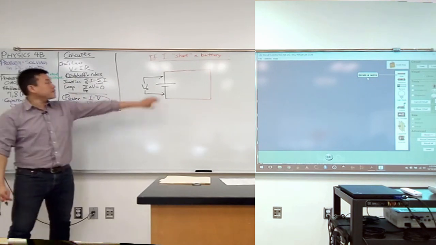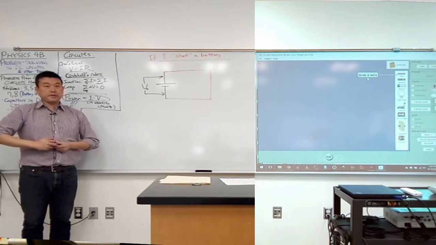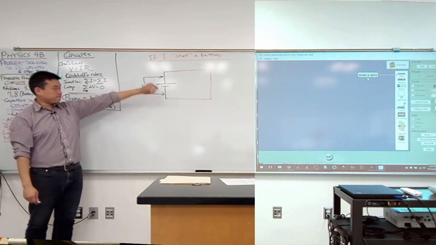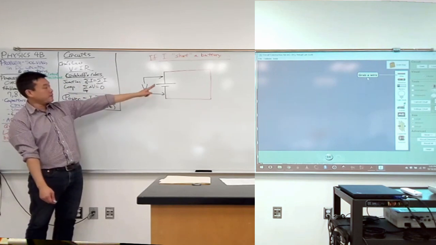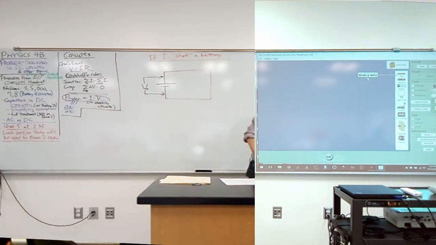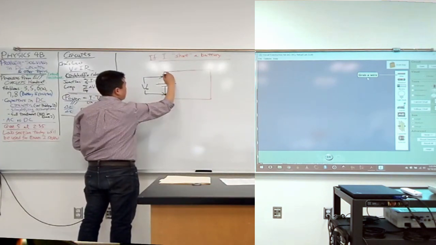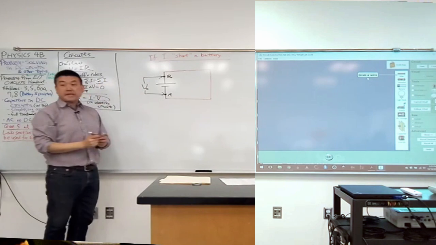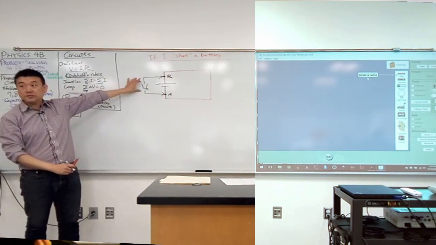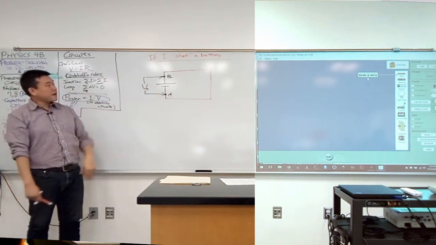When you look at this circuit, it's a kind of self-contradictory circuit in the sense that we said the defining property of a battery is that it provides a voltage difference. As in, if you look at points A and B, one thing you can say about these two points is that their voltage is different by this much, and that's because this is a battery. What's one property of wire